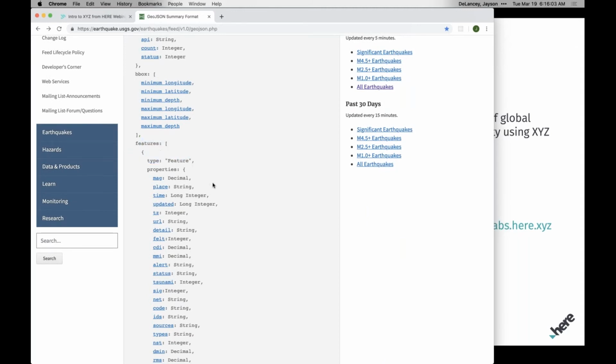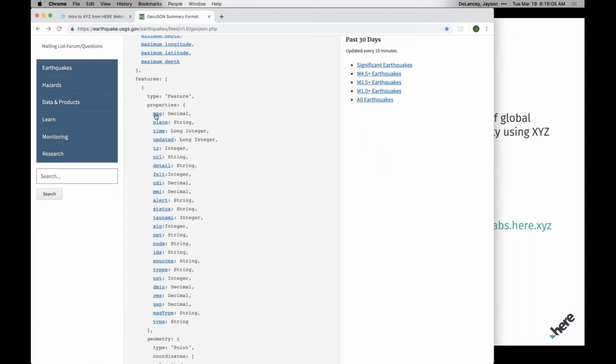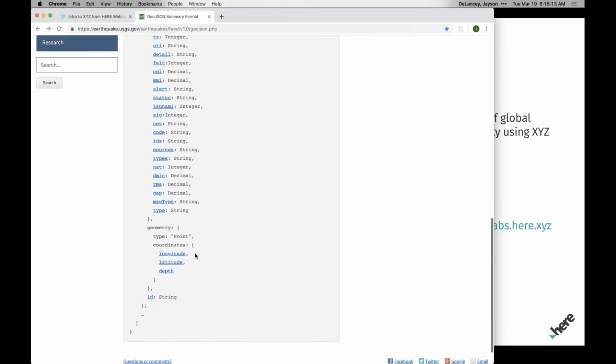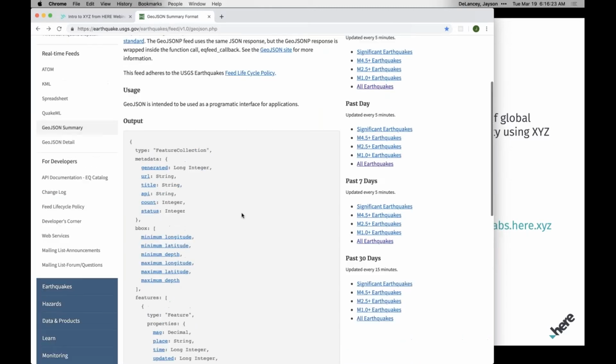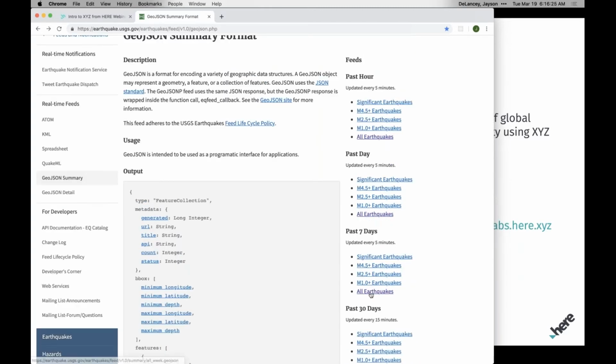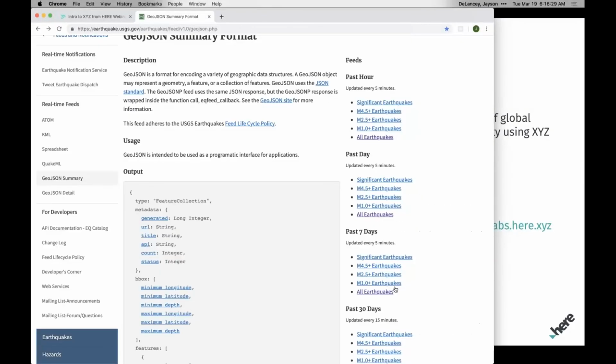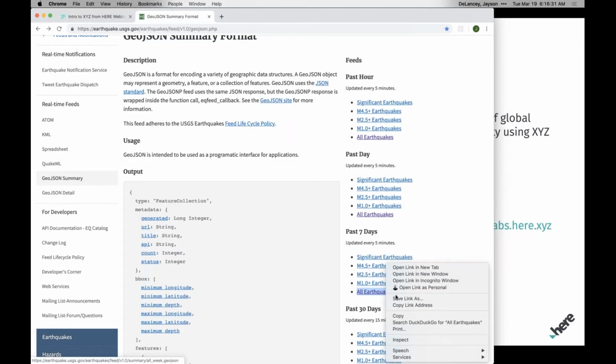But in addition to these features, you've got a lot of other things like magnitude, location, and a lot of other metadata being gathered along with it, as well as the geometry. These are being represented as points, so just little dots as opposed to a string or some other shape. So if we go ahead and get this data and download it to our disk,